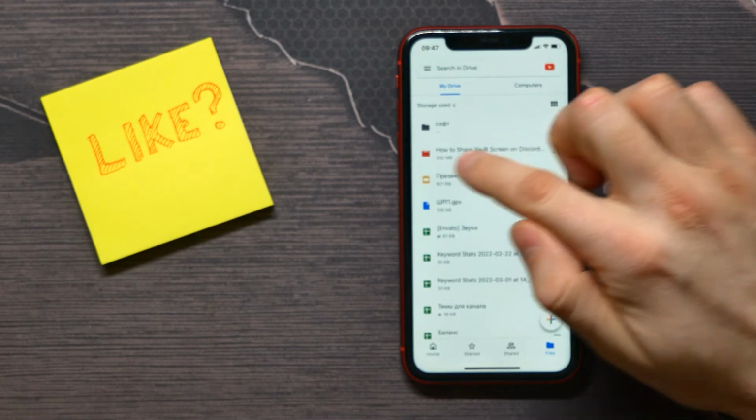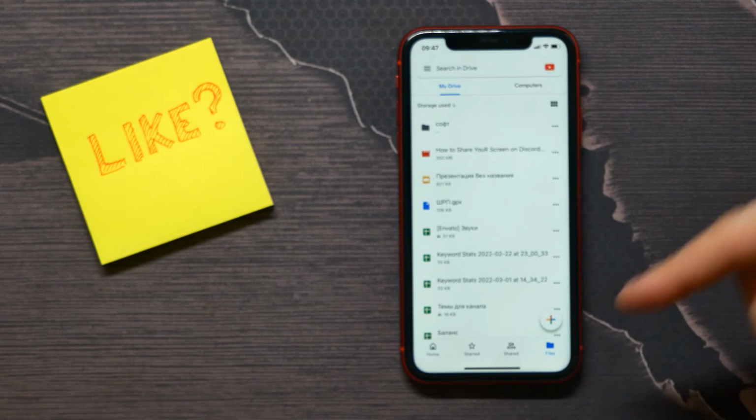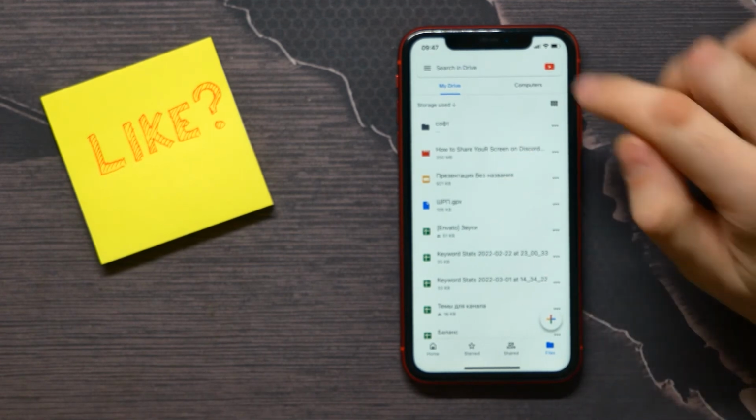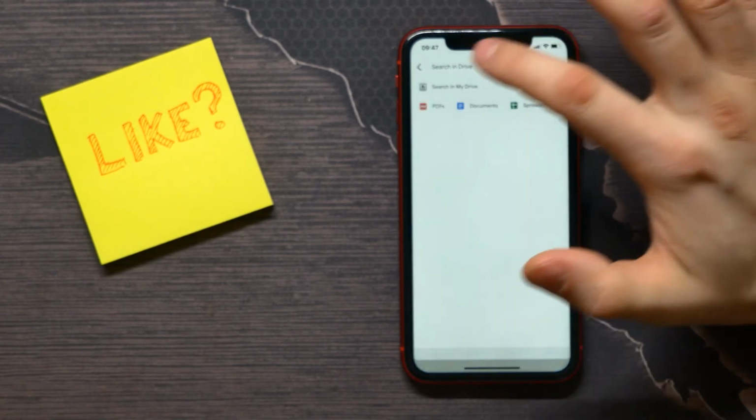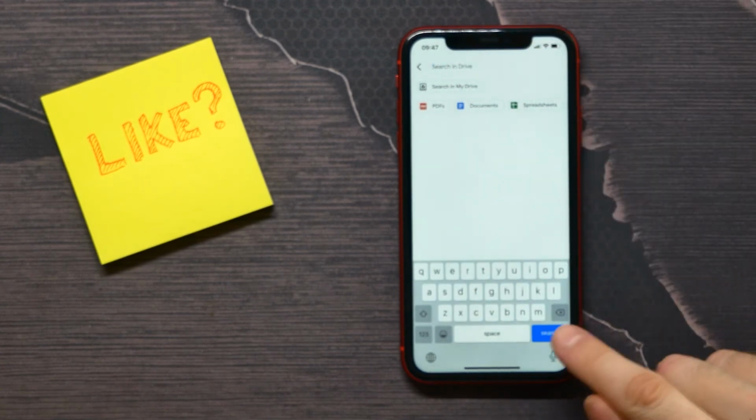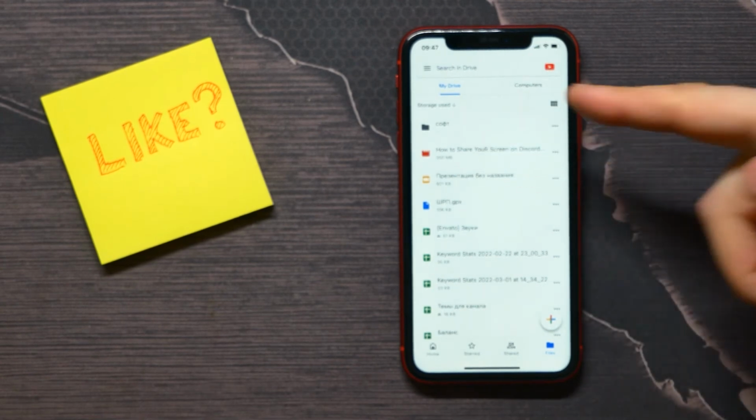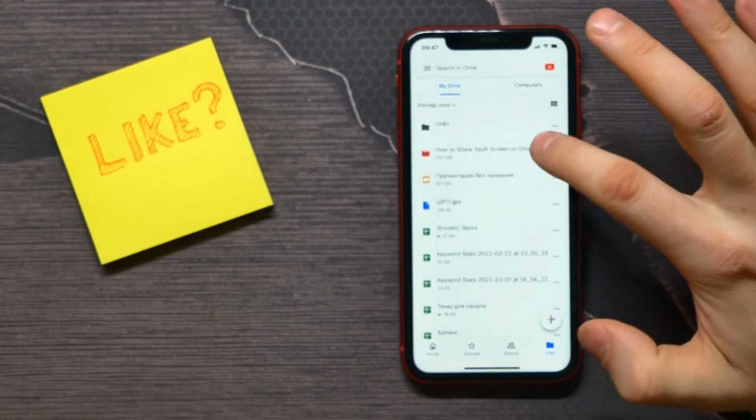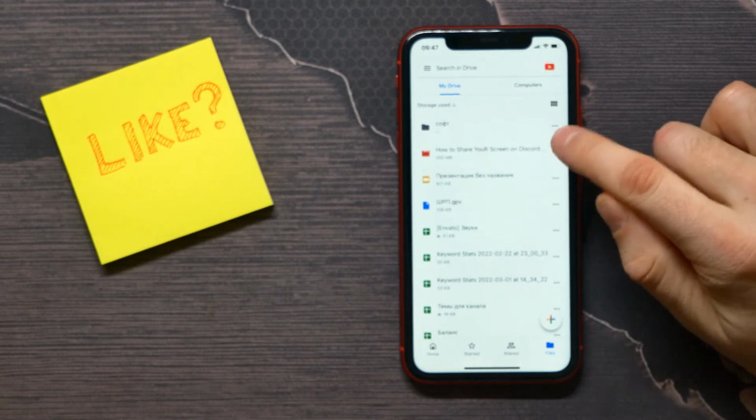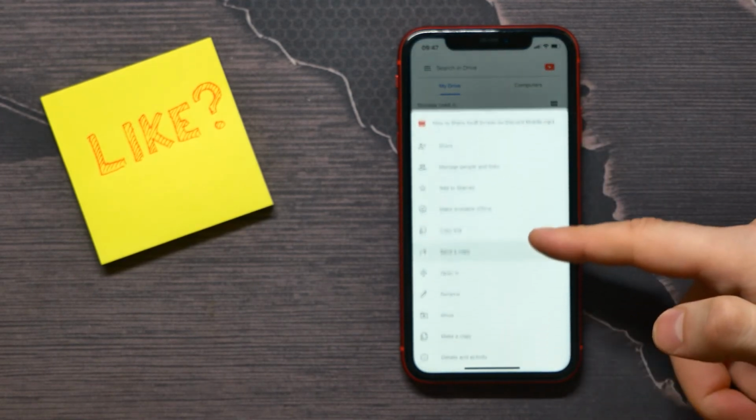My video file is in the first place, but if you can't find your file this way, just use search in Drive, tap here, put in some request, and then tap search to find the file you want to save. Once you find that file, just tap on the three dots icon beside the file name, and here select